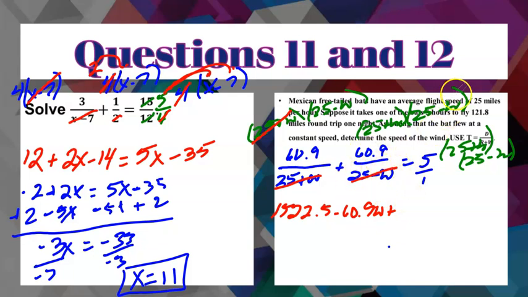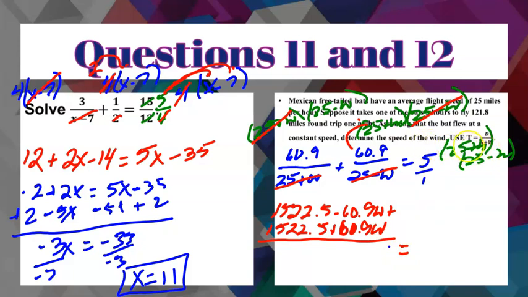Here the 25 minus W divides out with that 25 minus W, and I'm going to distribute, which is going to give me 1,522.5, and then I have a plus 60.9 W. So I'm just doing vertically here, and whatever that is,